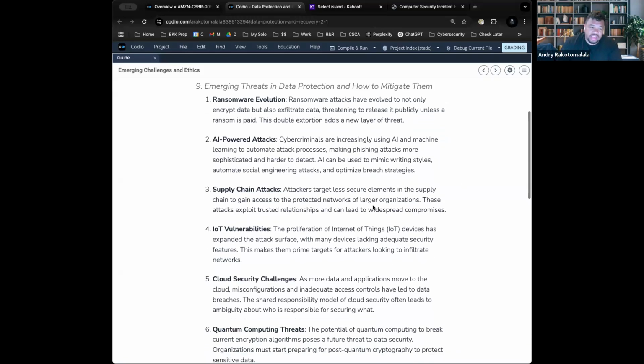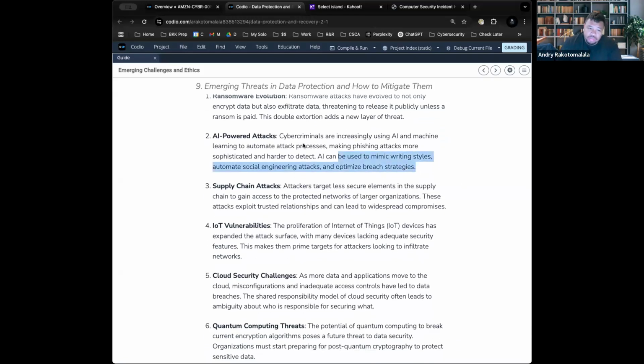And then there is AI-powered attacks. Now, as you can imagine with ChatGPT, if we have access to ChatGPT and ChatGPT has guardrails, there are AIs out there that are starting to be created that don't have guardrails. So you can do a bunch of different automated attacks. So for example, there's something called ransomware as a service. So you can use AI to build a custom ransomware that you want to send to a certain number of people. So now you can use AI to do that. You can use AI to do phishing attacks or DDoS attack.